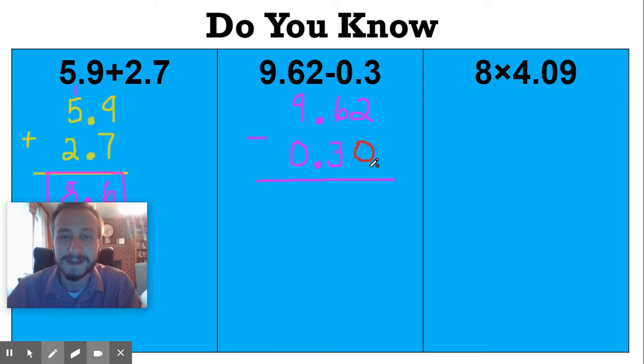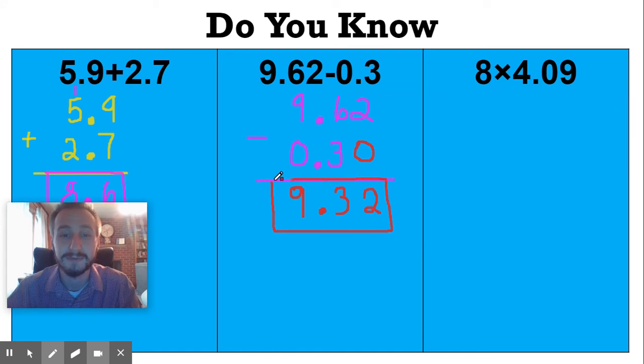What's 2 minus 0? 2. 6 minus 3 is 3. Bring down your decimal. What's 9 minus nothing? 9. So I want to write a big old 9 there. So that means 9.62 minus 0.3 is